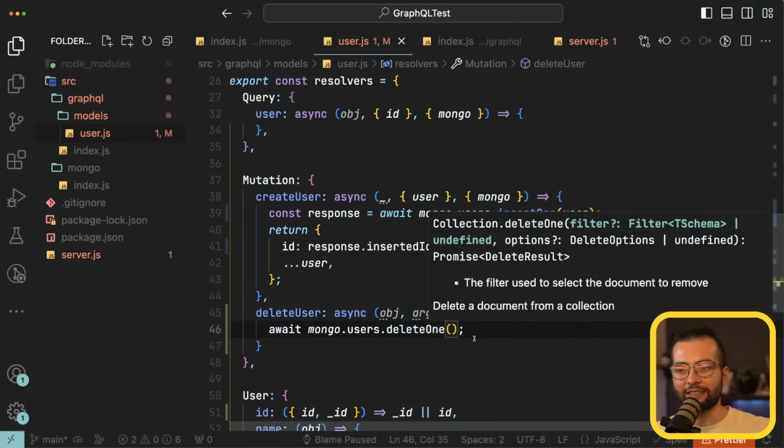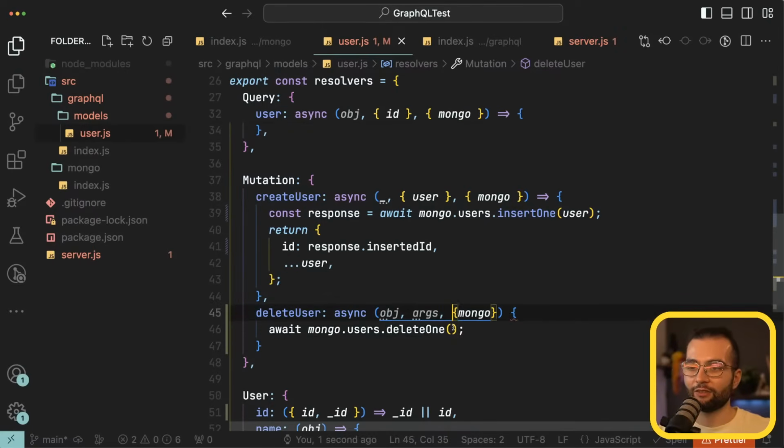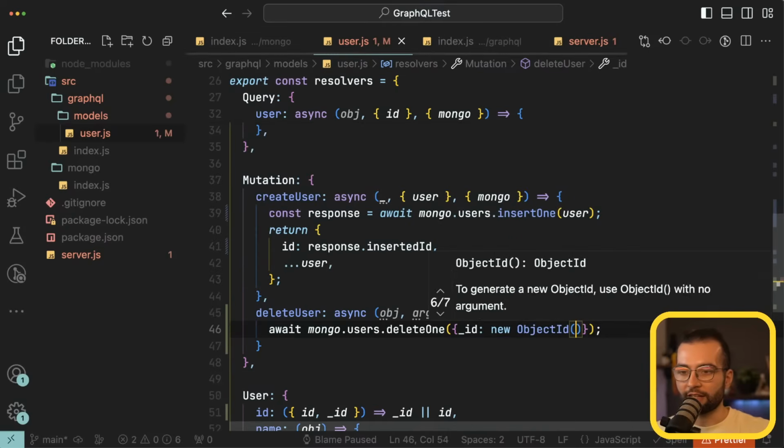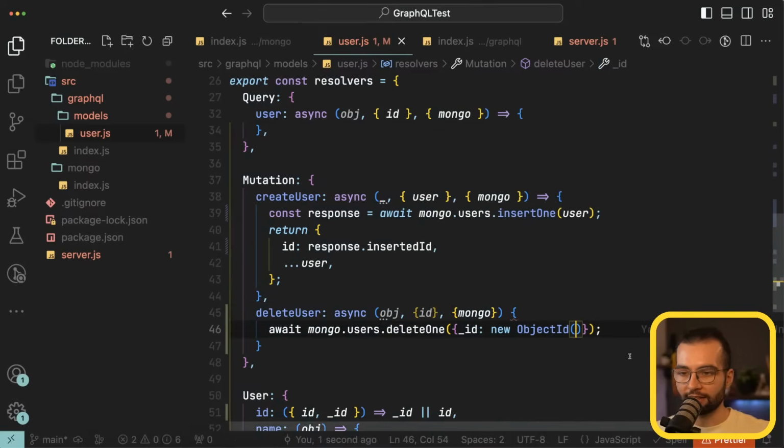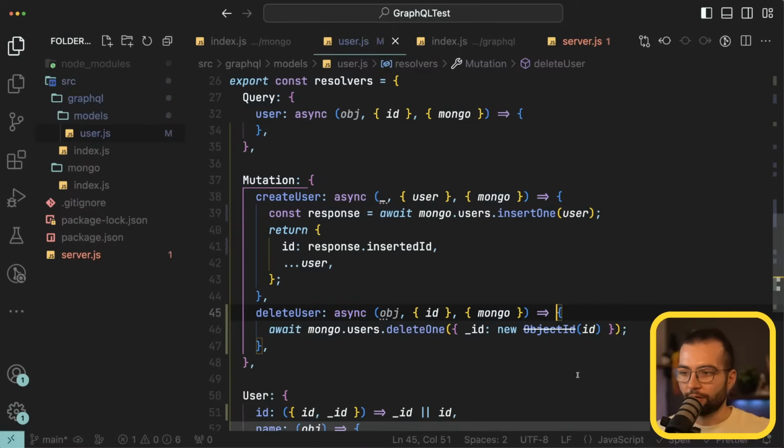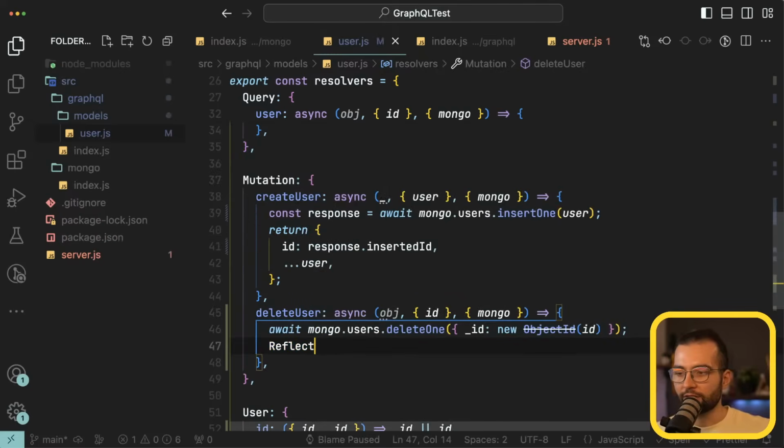Make sure you call delete one, because if you call delete without any filters, it's going to delete all users from the database. If you call delete one, even if you don't provide any filters, it's going to delete maximum one and the first one that matches. The one that we want to delete is going to have an ID that matches the object ID that we take from the arguments. So in the arguments, we're going to have an ID. Let's pass it here. So this is going to be like this, and let's return